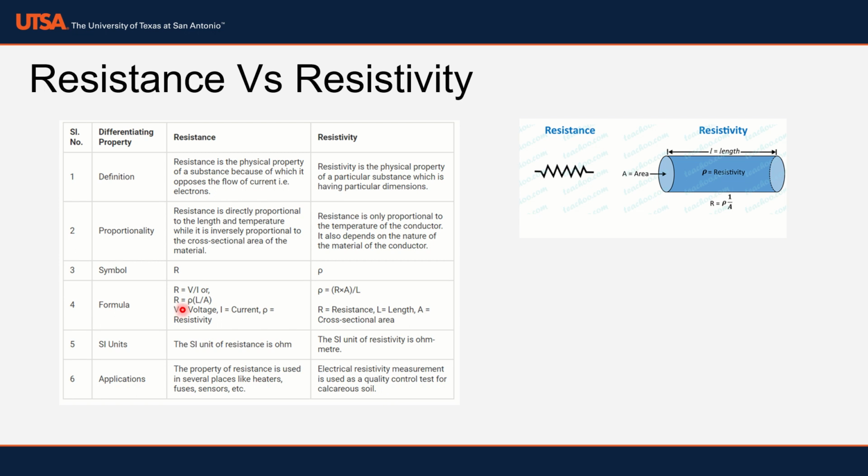But resistance is also equal to resistivity times your length divided by your cross-sectional area. So resistance and resistivity, they are related to each other, right? Now there are some differences that we need to point out, like the SI units for resistance, it's going to be ohms and it's going to be using omega. But the SI units for resistivity, and this is going to be a quiz question, is going to be ohms times meters. So resistivity is ohm meters, resistance is ohms,